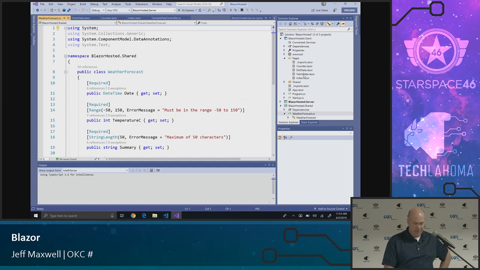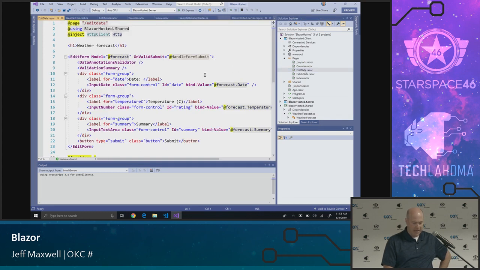I added basically an add button that goes to this edit data Razor page. And what the edit data Razor page has is a data annotation validator and a validation summary where we'll show the errors. This is using edit form, so if you haven't used Razor Pages, it basically renders them out to inputs and buttons and those types of things, but it's just trying to help you do some validation and make it a little easier. So I have an input date,